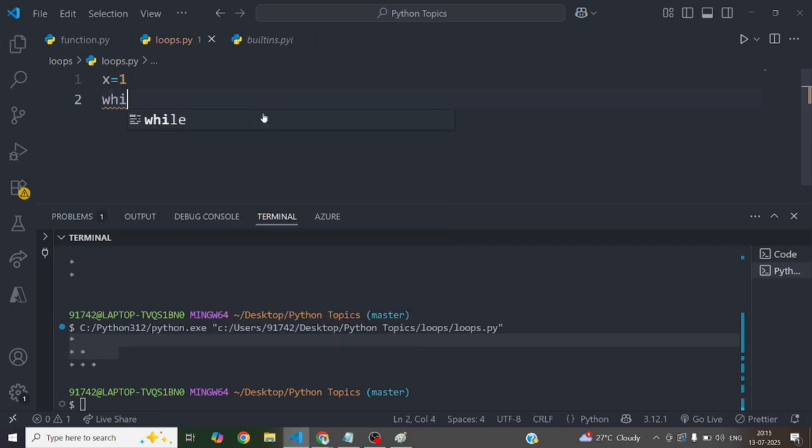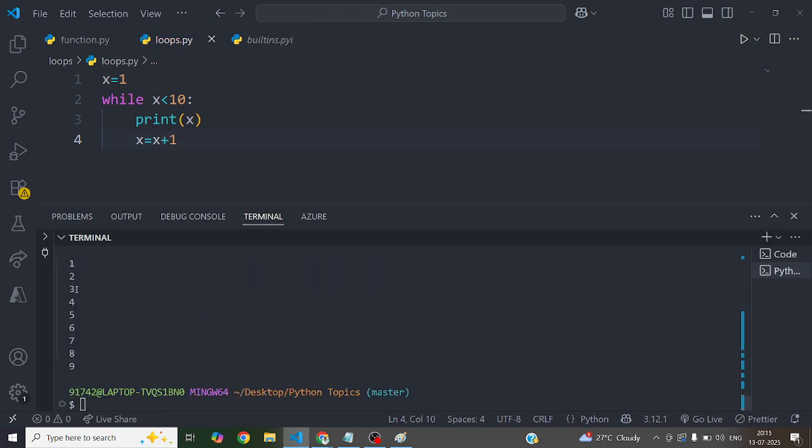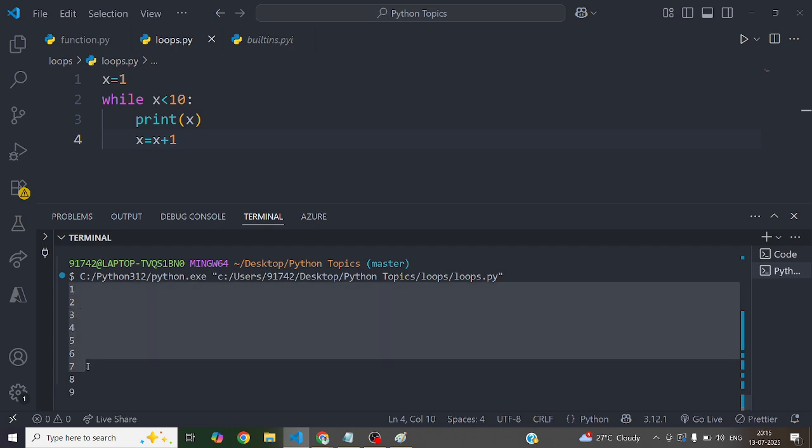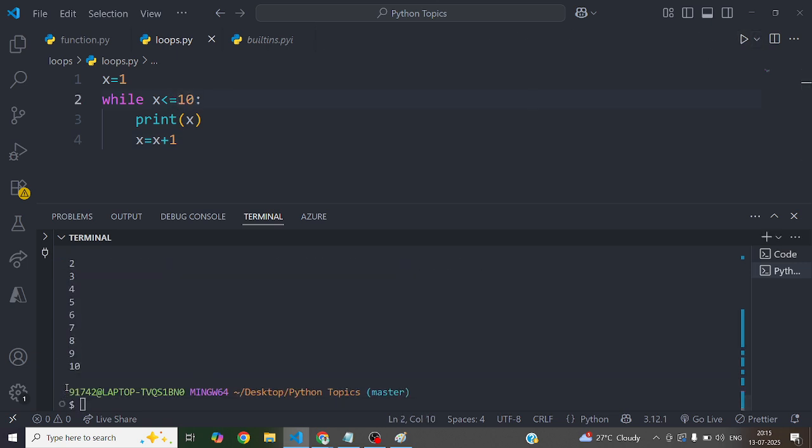You are telling while x less than 10, print the value of x, and every time increment the x by 1. If you run it, you will see 1 2 3 4 5 6 7 8 9. If you put equal here, it will include 10.